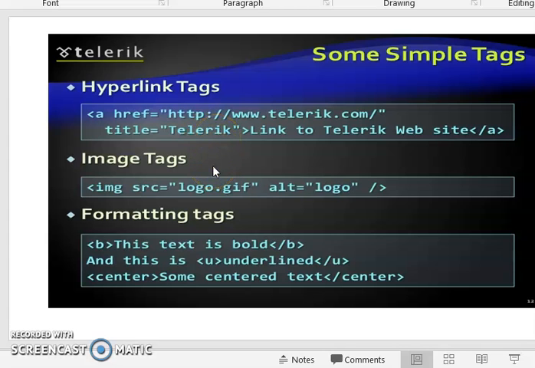And we use the href attribute to put the URL.